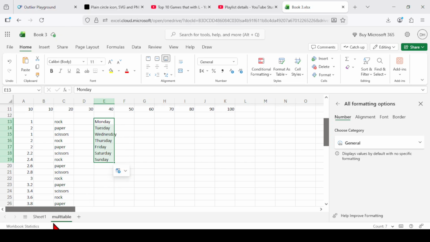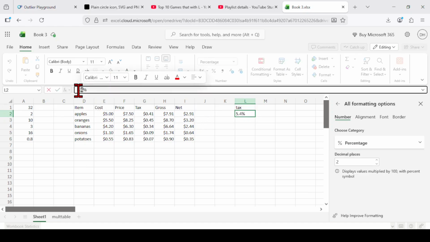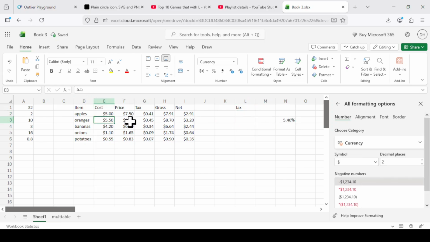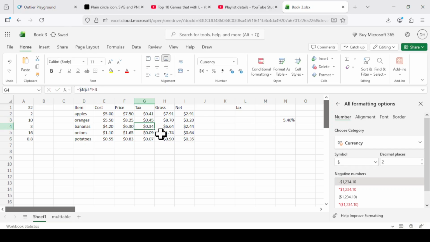The next thing I can do is define a name. Right now we are doing an absolute reference on this, but I can define, hey, this is the tax. This cell is always going to be the tax, whether I move it or not. Right now, if I move it, none of these change because the logic changes with it. It's like, oh, my L2 moved, so now I'm going to be N3. But